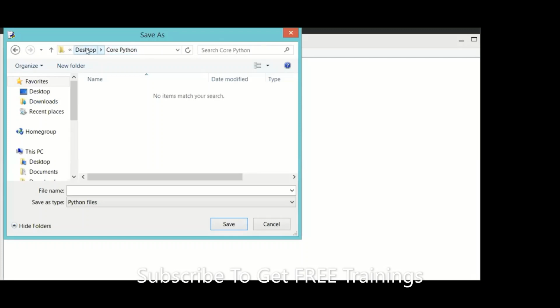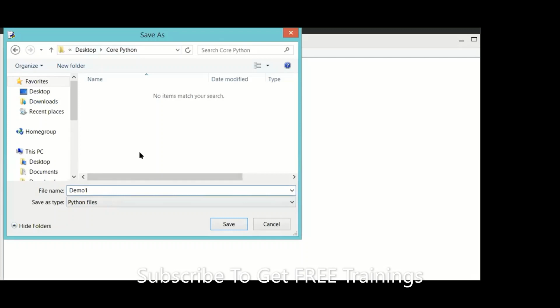Into that, I'm writing the programs. I'll save like this: demo 1, demo 2, demo 3, demo 4. It's up to you. Whatever names you want, you can give.